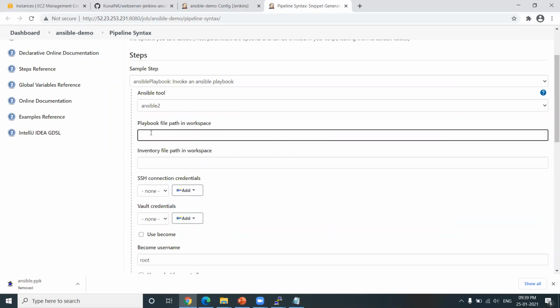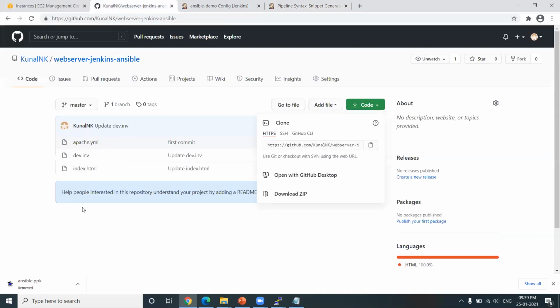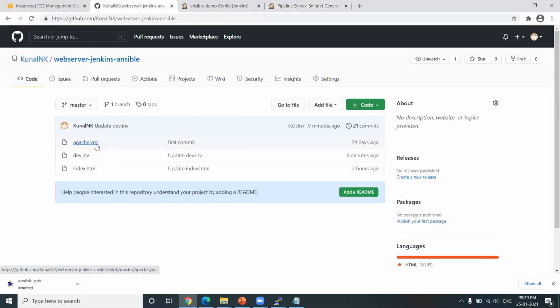Give the playbook file name, that is apache.yaml, and an inventory file, that is dev.inv. So these are the files which are there in my repository: apache.yaml, the Ansible playbook, and the inventory dev.inv.